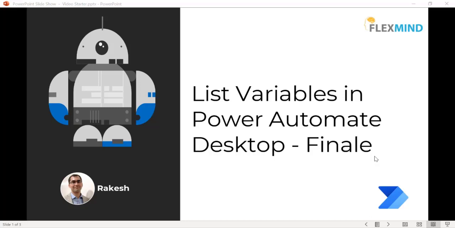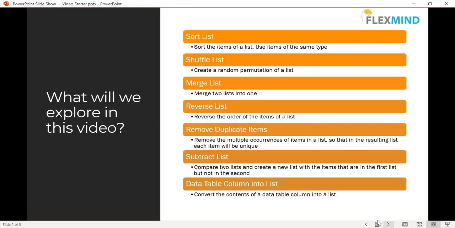In our previous video, we saw how we can use the list variables in Power Automate Desktop, and we said that in our next video we will see the remaining list variables. So here we are with the remaining list variables in Power Automate Desktop.